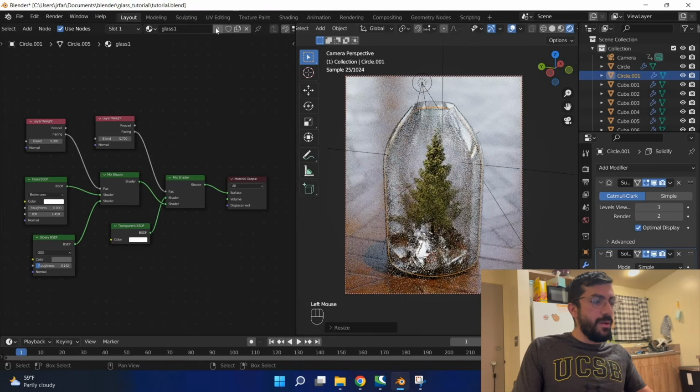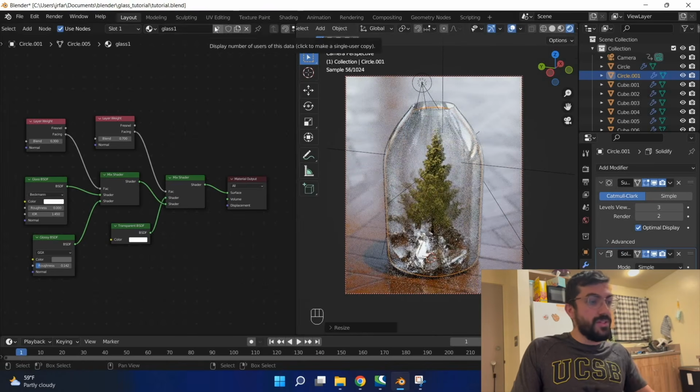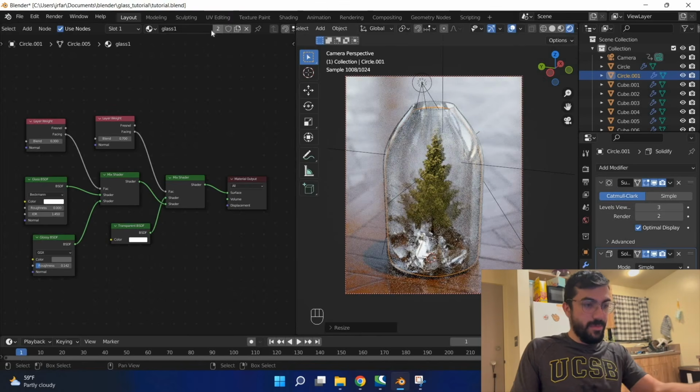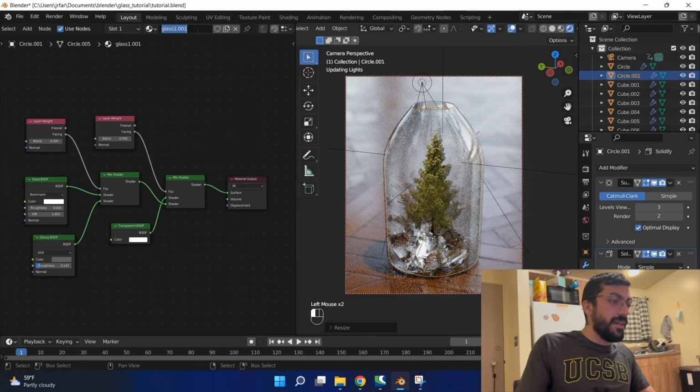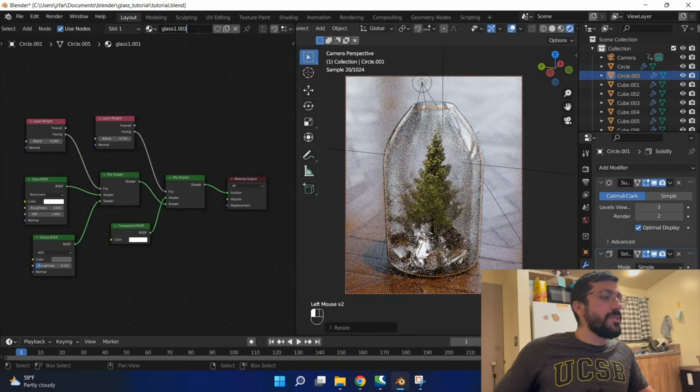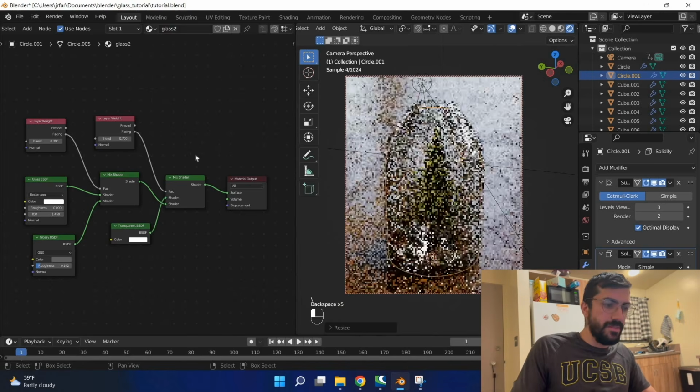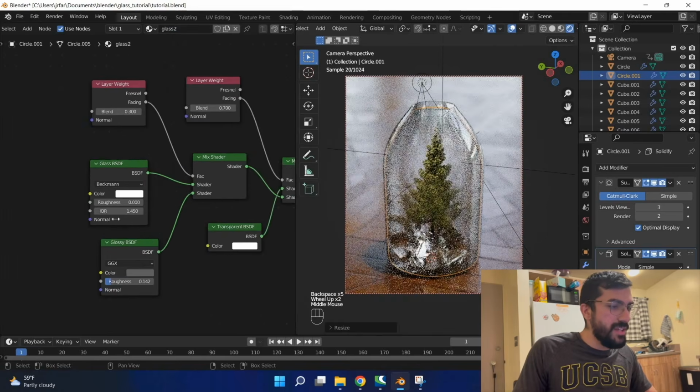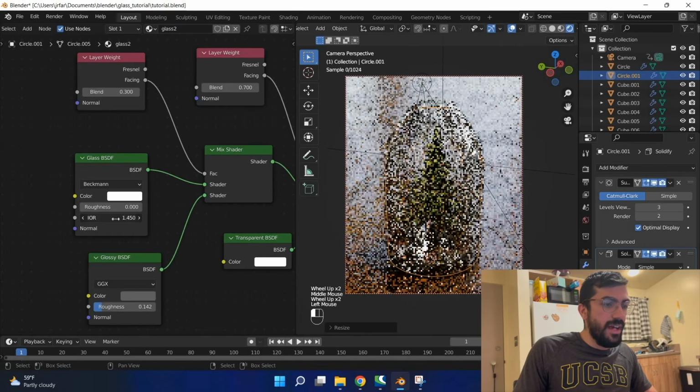And now you'll notice this little 2 up here. That's because we have 2 objects sharing the same material, but we want to edit this one separately. So we're going to call this, you're going to click on that little 2 to create a new shader that's assigned to this object, and then we're just going to call it glass 2. And now if we change the index of refraction,